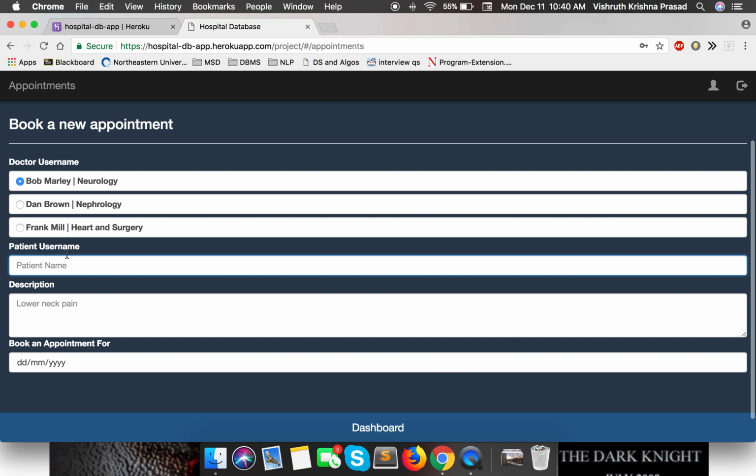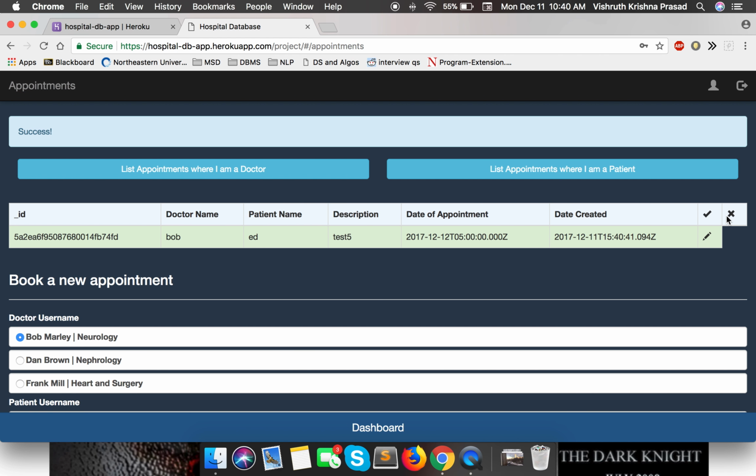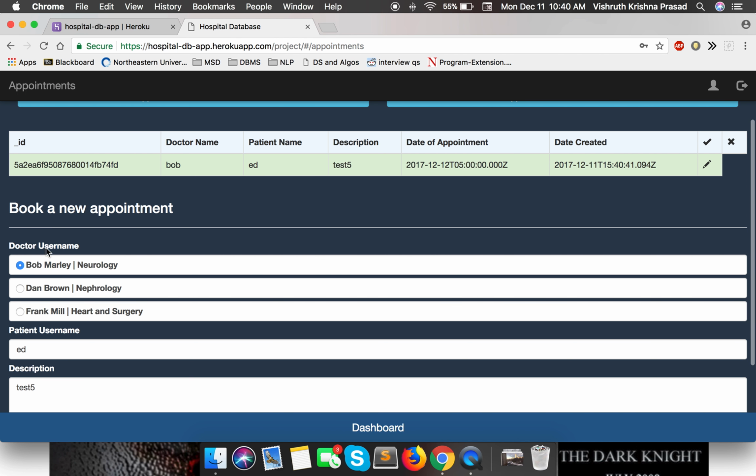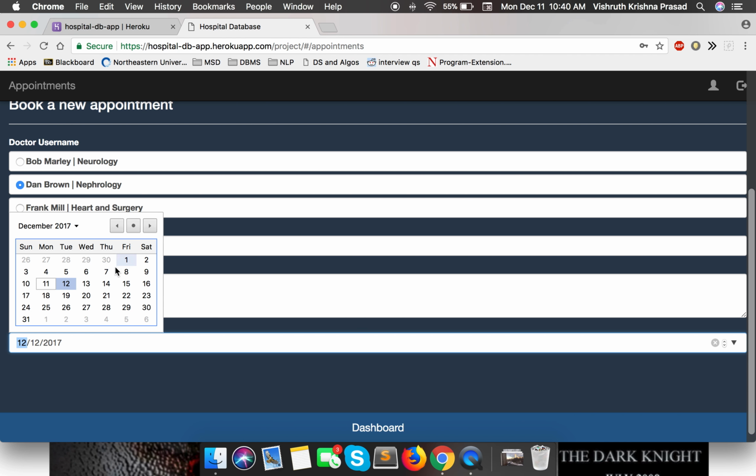Now here the user Bob is a doctor, and he can also book an appointment with the patient. Let's give it a proper name, test 5, and he has to give the appointment date as well. And once it's done, it shows over here. And he can also book as the patient here. He can click on Dan, and the patient will be Bob. Test 6, I'm a patient, on a different date,